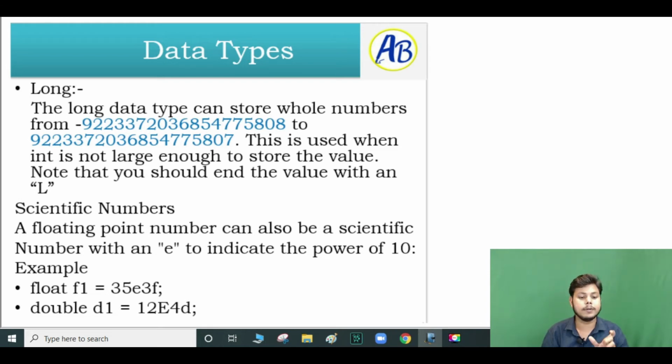A floating point number can also be a scientific number with an E, to indicate the power of 10. So float f1 is equal to 13 into 10 to the power 3, defining this for a large number. For double, you can also use an uppercase E, 12 into 10 to the power 4. We must take care of this kind of thing. When you write a small code, you will get to know all this.